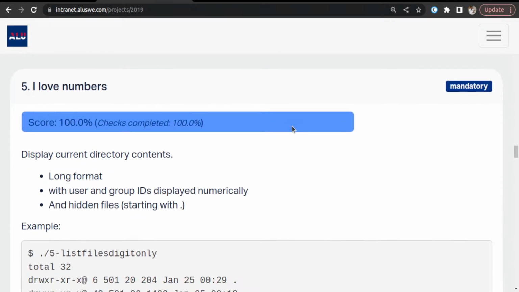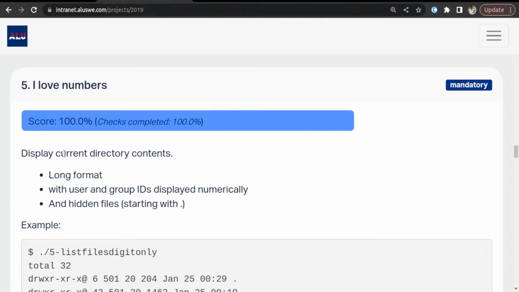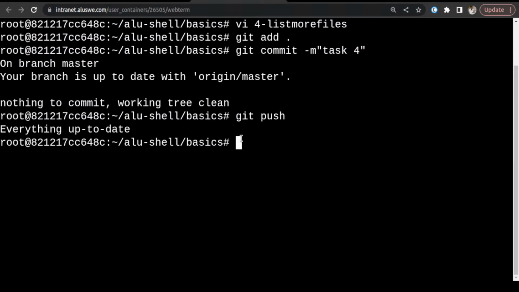So the fifth task is I love numbers. So here you have to display current directory content, long format with user ID and hidden file as well. So if I want to display the current directory content, including the long format with user ID and groups and hidden files, everything together, I would run this command, ls